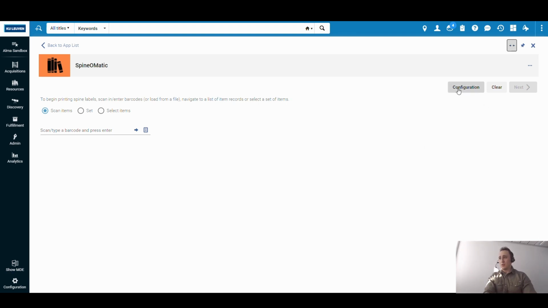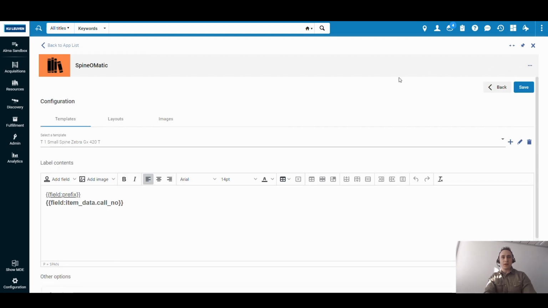Either we can click on this button, it's quite straightforward, or we can click on the three dots menu, click on the wrench icon, and then we have access to the configurations. As you can see, now we are in the configurations. There are some templates that already exist. I want to create a new one specifically for this tutorial. So let's just say tutorial.